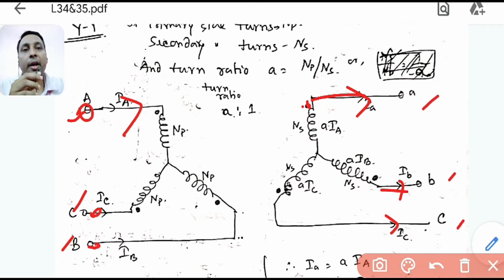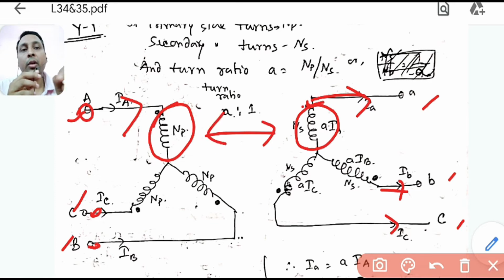Now you can see the current here, IA. You have to think of the transformer, the ratio between these two windings. Whatever ratio I am saying is the ratio between these two winding currents, not what is happening outside. The ratio doesn't take care of that; that you have to calculate, whether outside it is delta connected or star connected, which we will see. It takes care of only the current flowing here. A current multiplied by that ratio will flow through the other winding. The rest is taken care of by the connection itself.